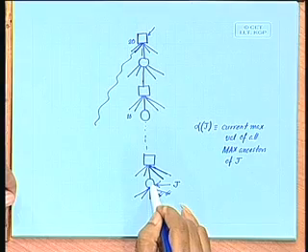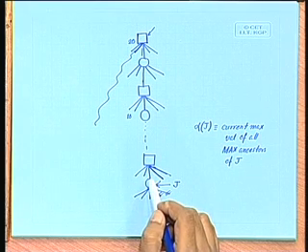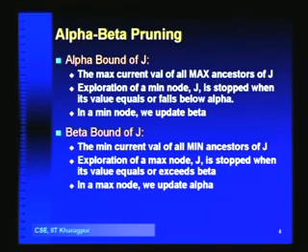Is it clear, right? So, in the min nodes, what we are checking is whether its current value has fallen below the value backed up in the max ancestors of the node. If it has, then we do not further explore that min node, we just backtrack to its previous max parent. And in a min node we will update beta, because the beta bound of j is the minimum current value of all min ancestors of j,